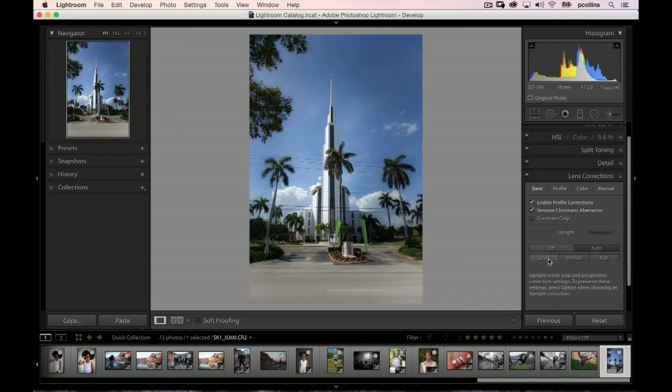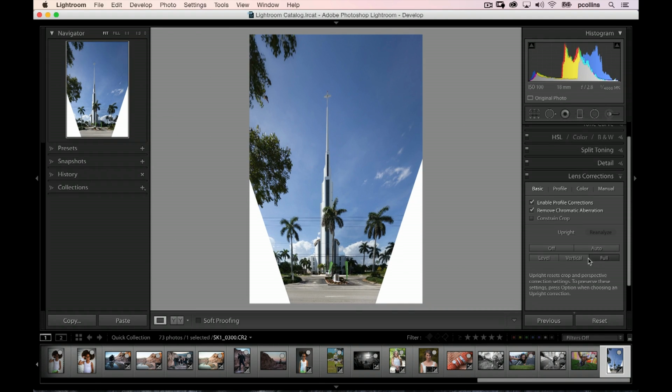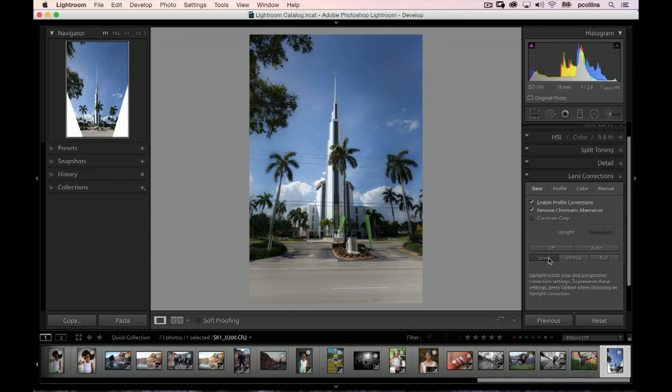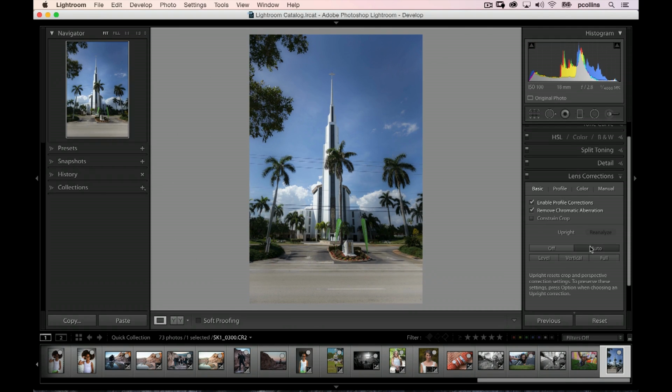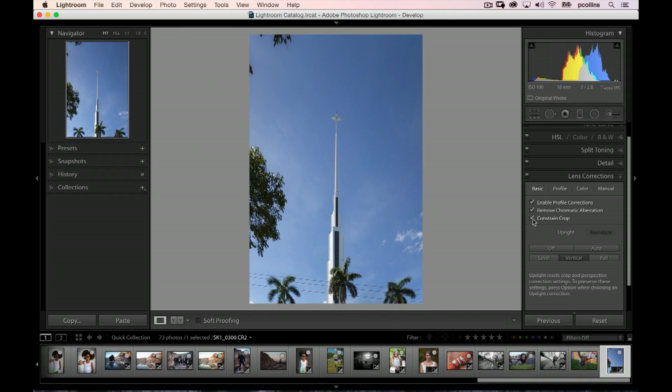So that's original. Now if I do auto, it does a pretty good job. But I've also got level, I've got vertical, and I've got full. And you can go back and forth and try these out. But notice it's giving me this white border where it's reenacting things. I know this isn't the greatest picture in the world, but this really does demonstrate what's going on here. Level and auto keep the frame pretty good, but vertical really goes crazy unless you turn on constrain crop,